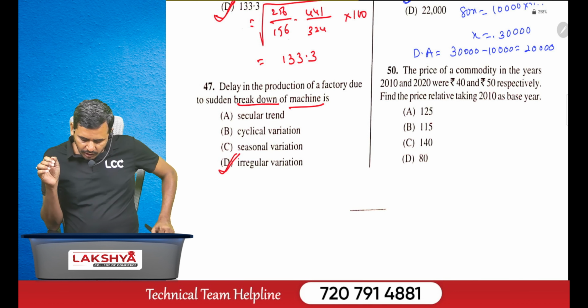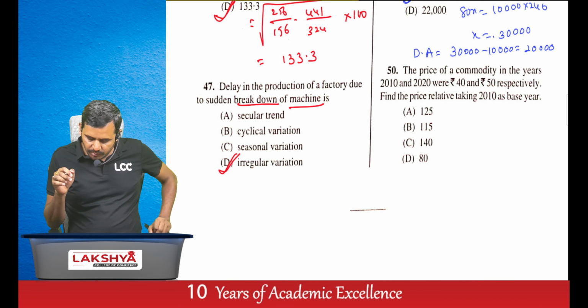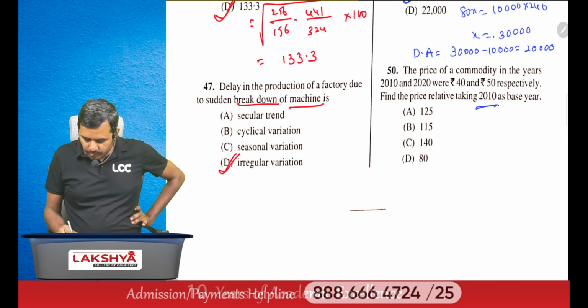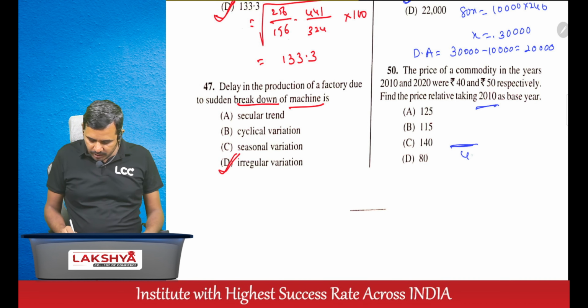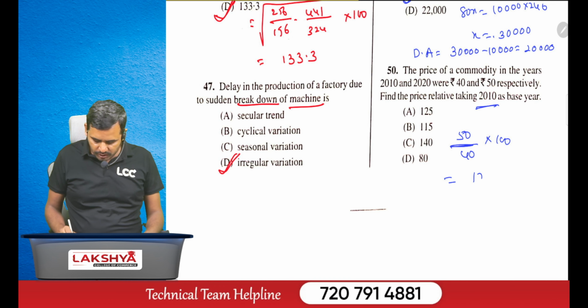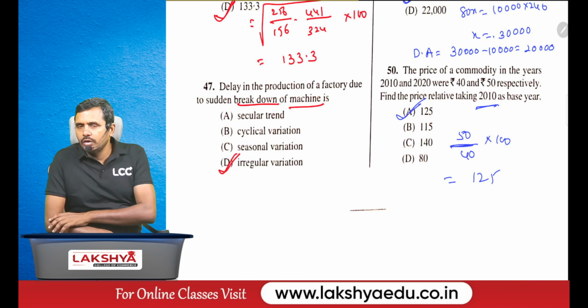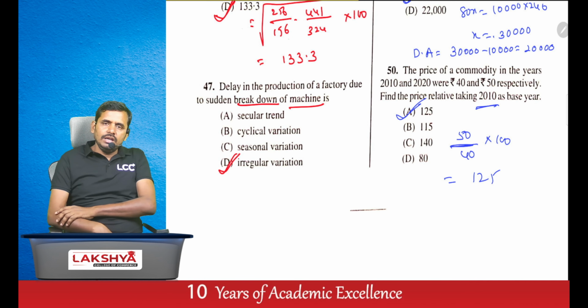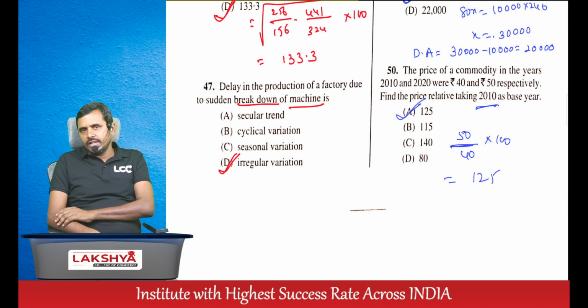Next, the price of the commodity in the years 2010 and 2020 was 40 and 50 respectively. Find the price relative, taking 2010 as the base year. Base year price should always be written in the denominator, that is 40. Current year 50, P1 by P0 into 100, which equals 125. Then our right answer is A. This is the key with explanation for the CMA Foundation paper Business Mathematics and